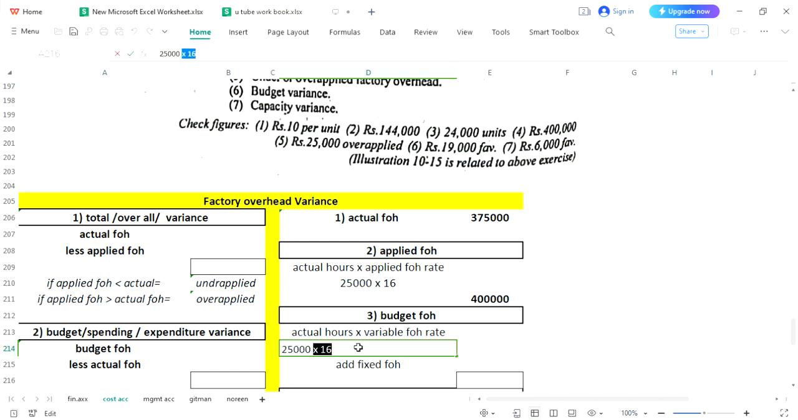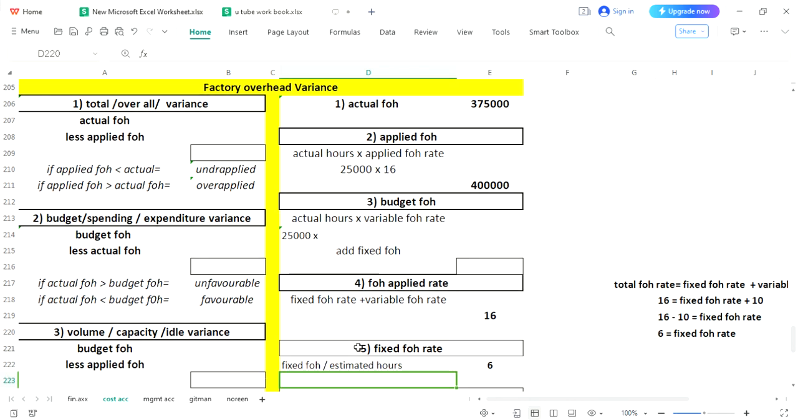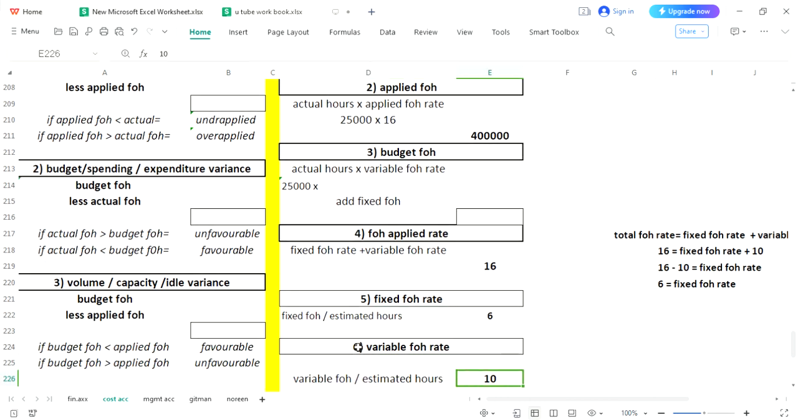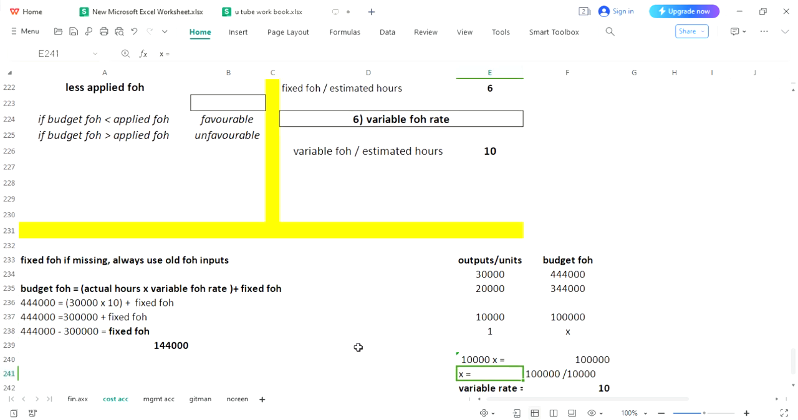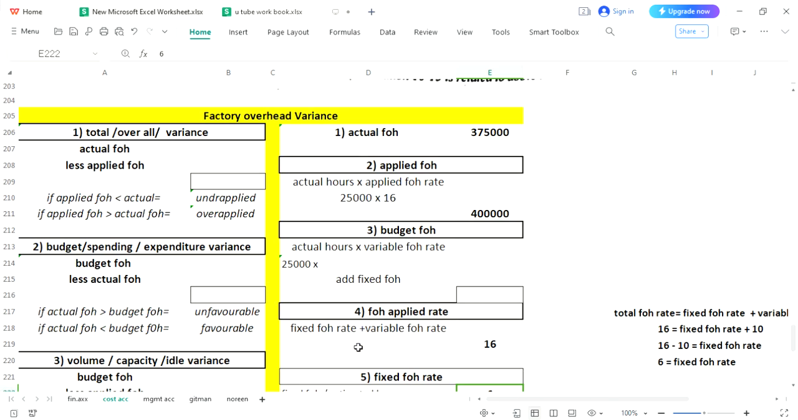and you need to multiply it with the variable FH rate. So the variable FH rate was calculated here as 10, and we calculated it through the high-low method, with which variable FH was 10. Okay, so put variable FH rate 10 over here. We can calculate it: 25,000 actual hours, multiplied by 10, which was the variable FH rate. And now